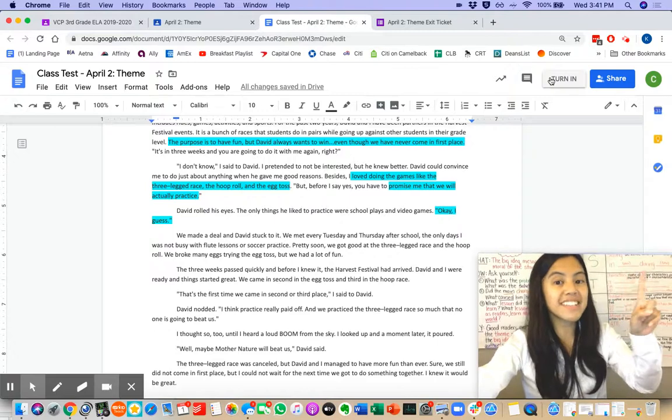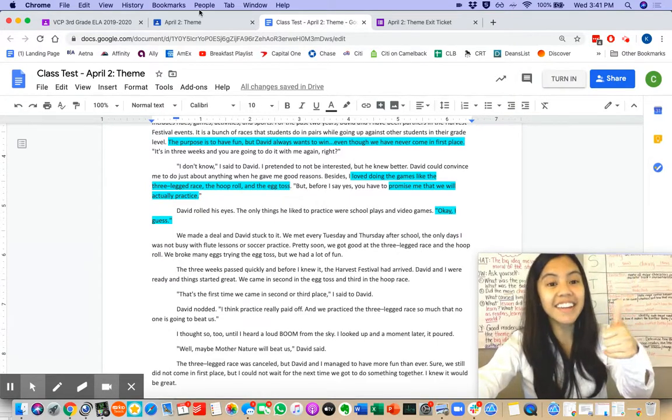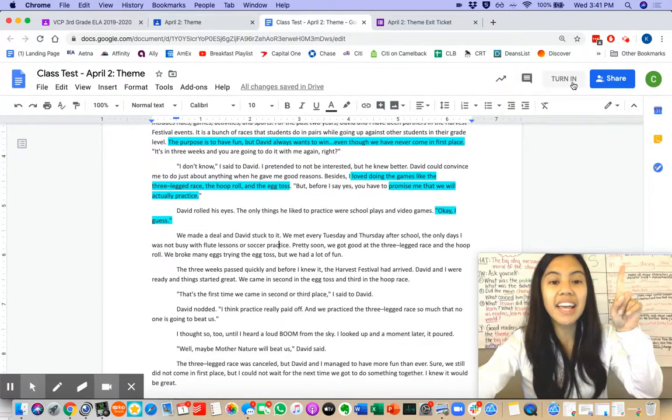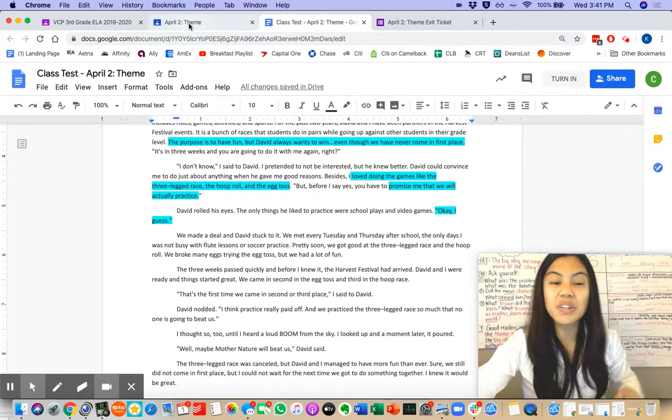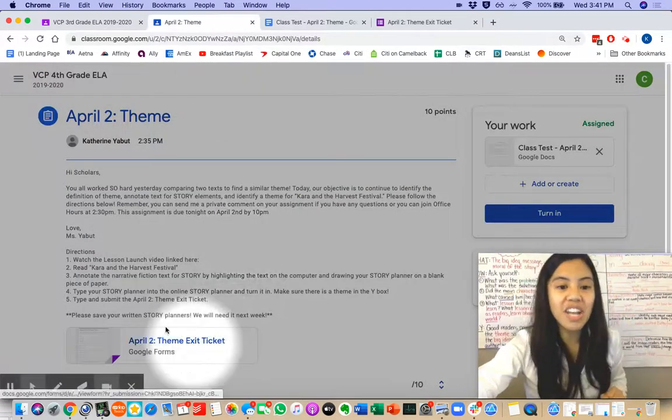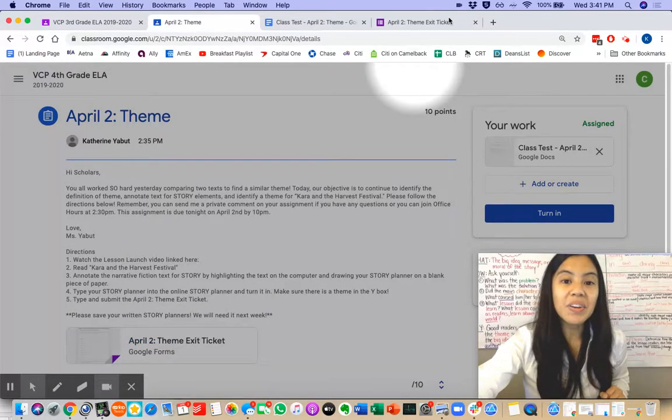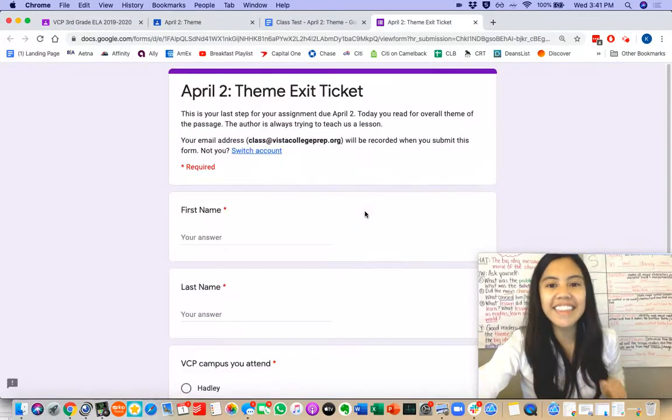But wait, we are not done yet. Don't forget that after clicking Turn In, we'll also finish our exit ticket. When you click the exit ticket, it looks like this.